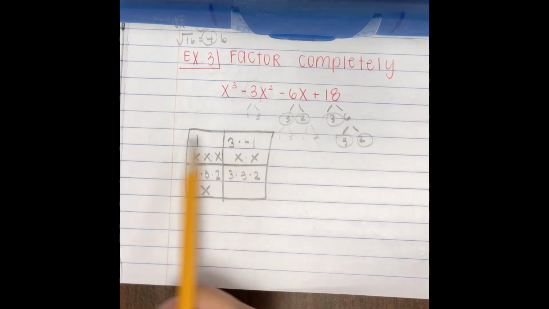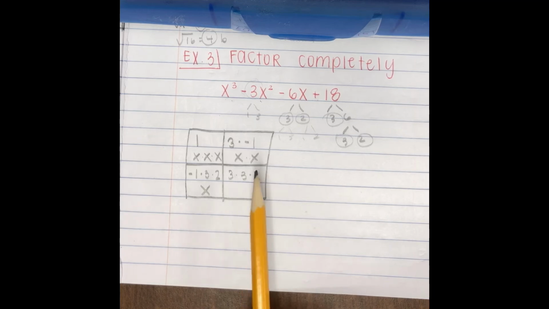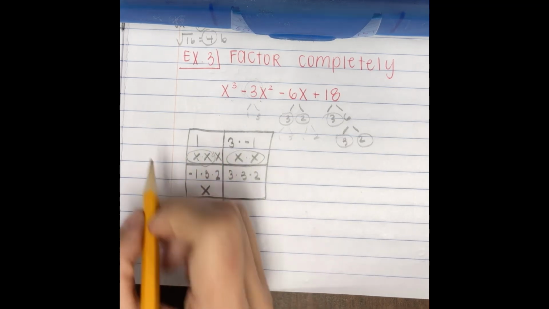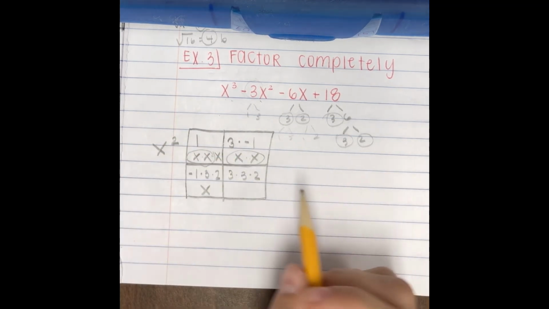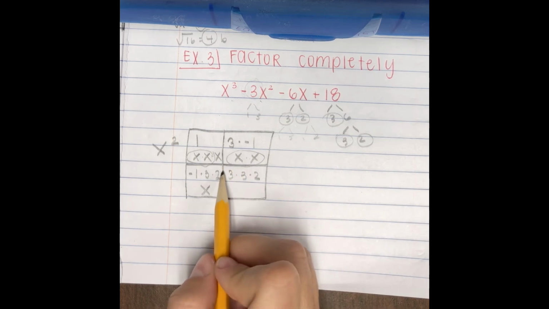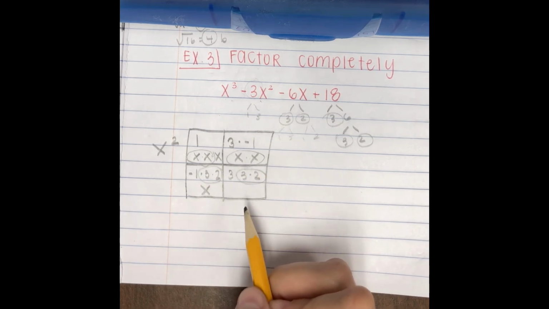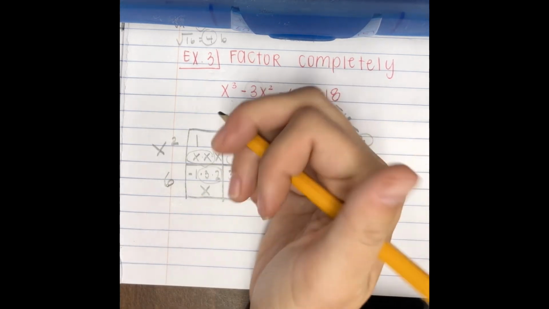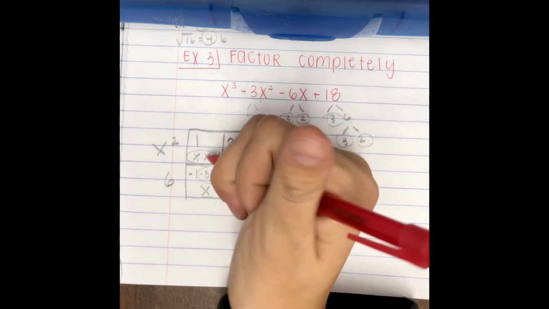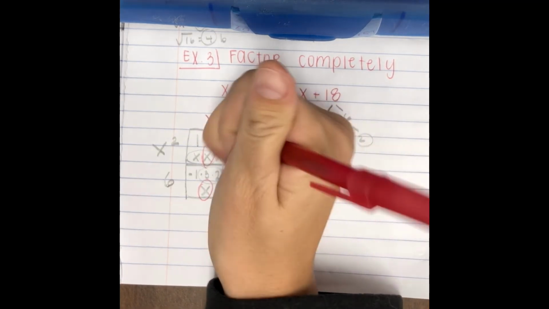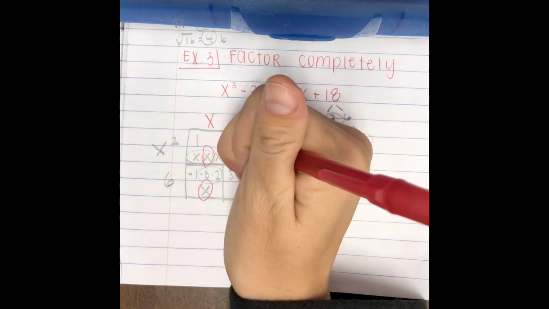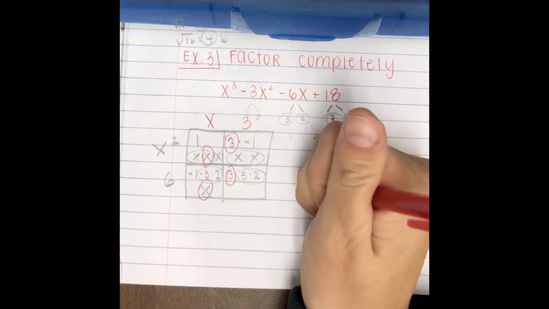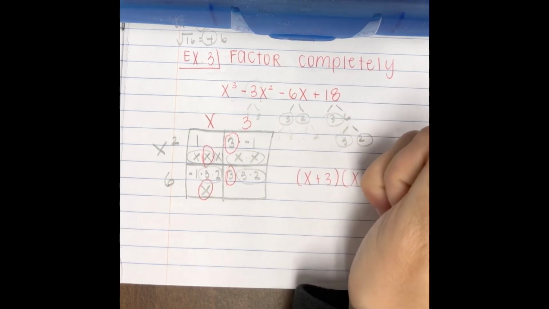And then we're looking to see what each row and each column has in common. For this row, they both have 2 x's in common, so an x squared. For this row, they both have a 3 times 2 in common, and 3 times 2 is 6. For this column, I'll do it in a different color, they both just have an x in common. And then for this column, they both have a 3 in common. So we get our answer to be x plus 3 times x squared plus